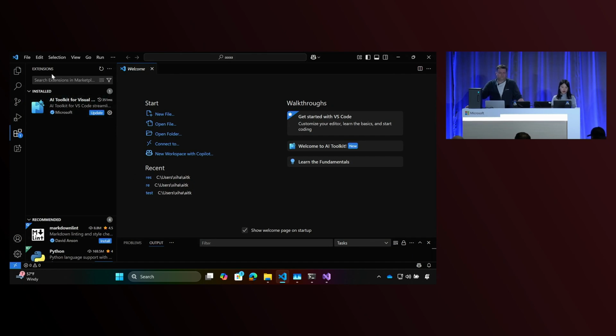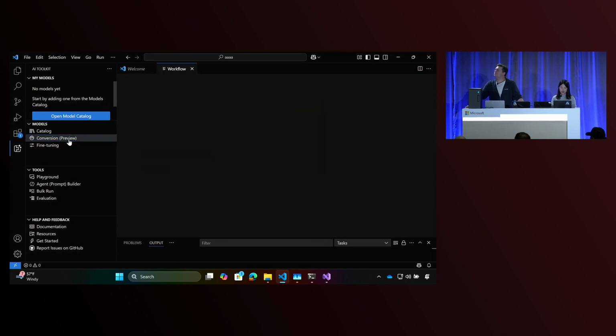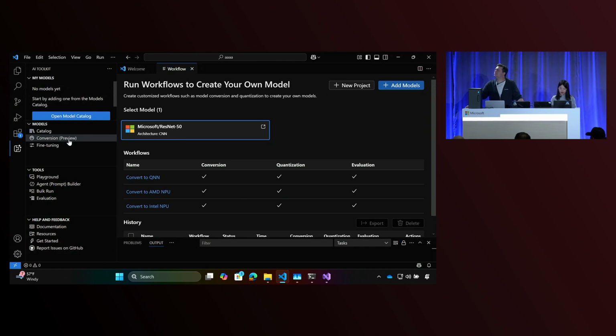So this is the AI Toolkit for VS Code extension. You can see it in the extension page. So we'll go to the AI Toolkit tab. Here, under the model section, you'll see a new conversion tool in preview, and it is just released today. What this tool does is it provides a streamlined experience to get a model from Hugging Face, convert it to ONNX, optimize and quantize it so it works really great with Windows ML.